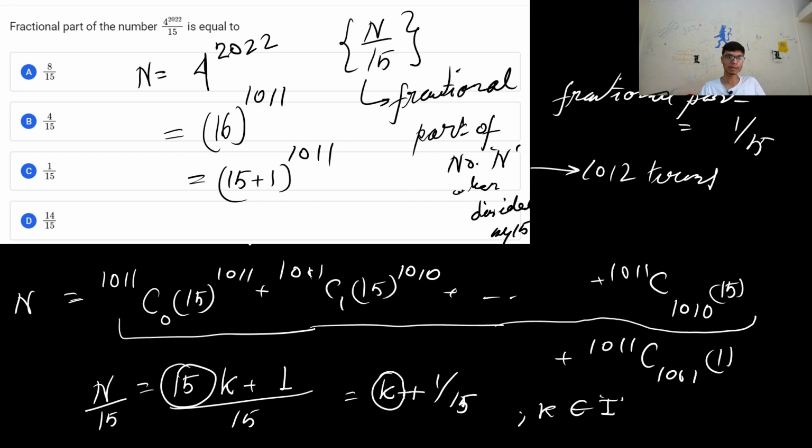so from here, I get the fractional part of this particular number n when divided by 15, which is 1 by 15। So from this type of question, you can also say कि remainder क्या बनने वाला है। So from here you will say the remainder of this particular number when divided by 15 is equal to 1 also simultaneously। ठीक है। So from here, I get the right answer to the question, which is option number C। I hope this particular thing is clear। ठीक है।